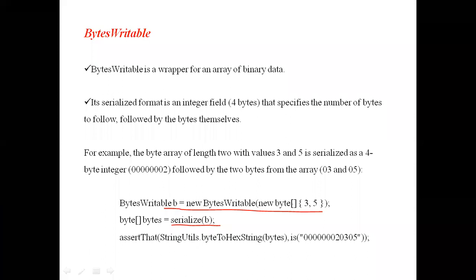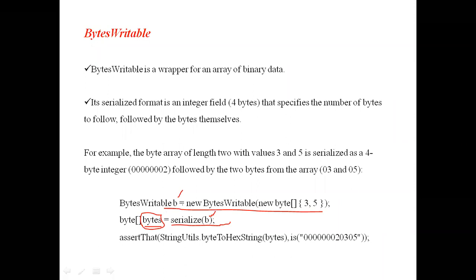That means this 3, 5 will be converted into a byte stream, and that serialized object will be stored in the variable bytes. We are giving values to the object b. The object b is serialized, and its values are stored in the variable, for example the variable we have named bytes.